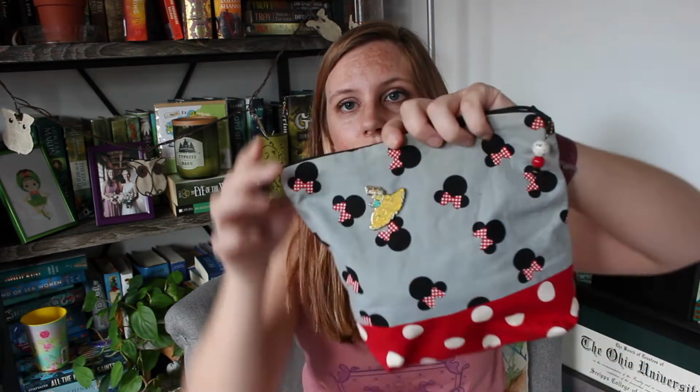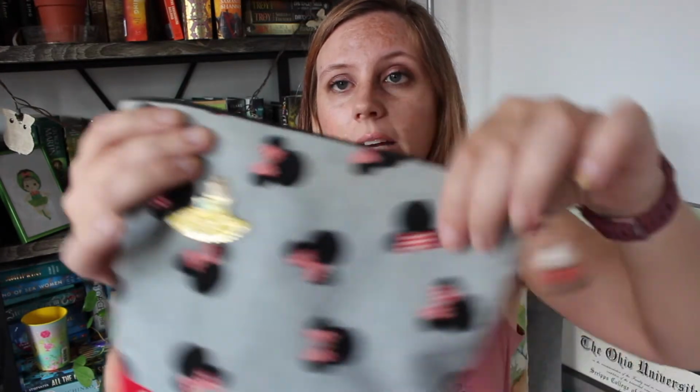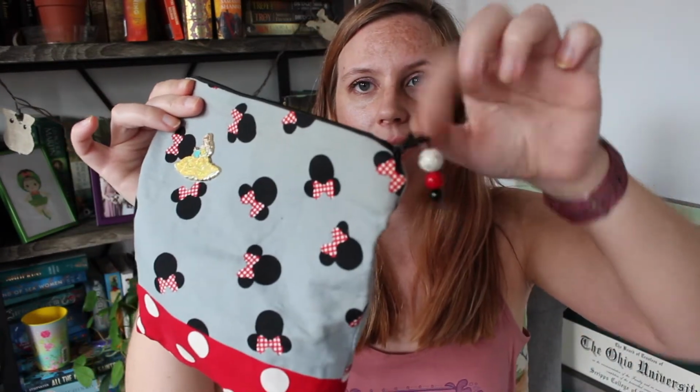Also, I want to show you my adorable project bag. I made this. I made this a while ago, actually. And I put a cute bell pin, and then I have beads,